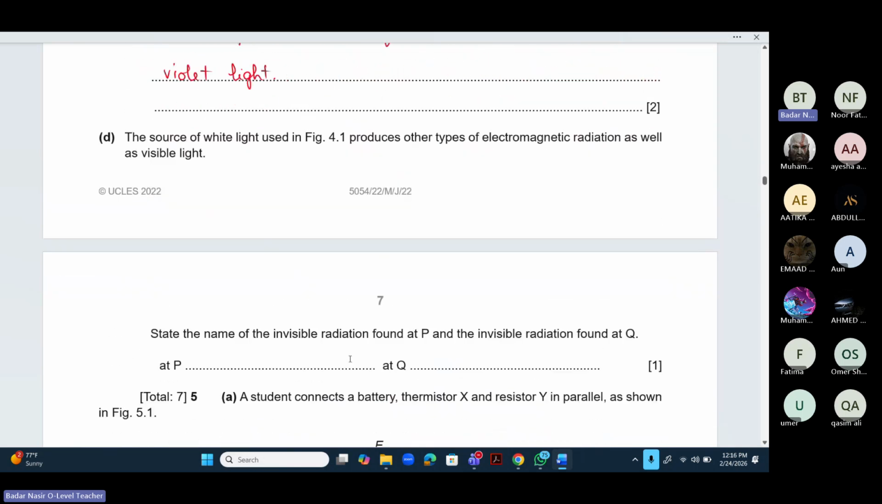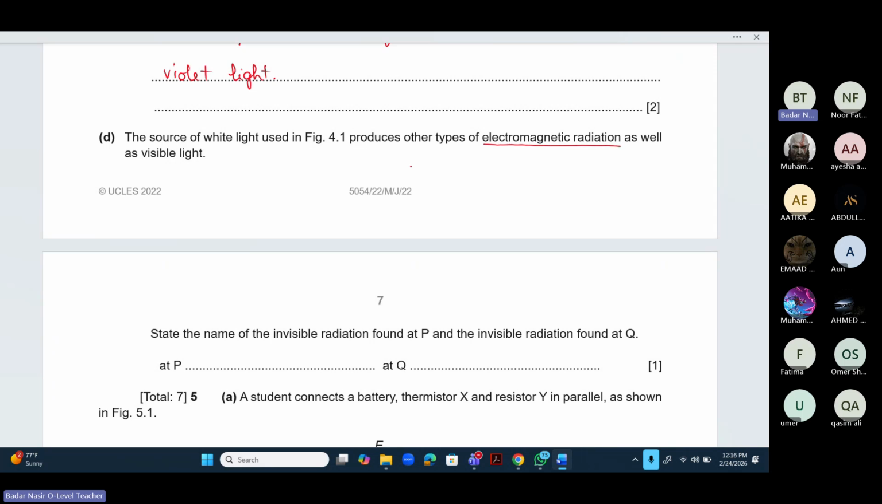The source of white light used in figure 4.1 produces other types of electromagnetic radiations as well as visible light. State the name of the invisible radiation found at P and the invisible radiation found at Q. Okay, so he has told you that the source of white light produces other electromagnetic radiations. Other electromagnetic radiations में हमारे पास